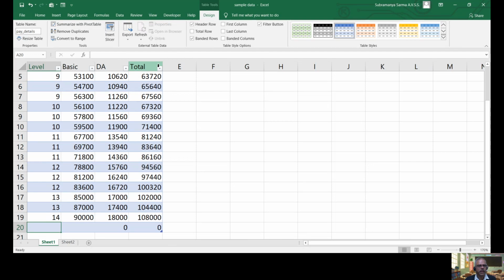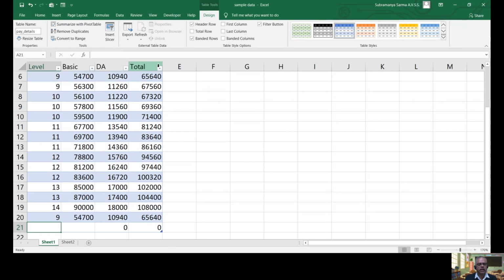Now, purposefully, I'm adding two duplicate rows so that we can see how remove duplicates works, right? So I am adding level 9 and 54,700 because that is already there in row 6, right? The same thing I am adding. Now we know it is a duplicate record, and one more duplicate record I will add with level 10 with 56,100 basic.